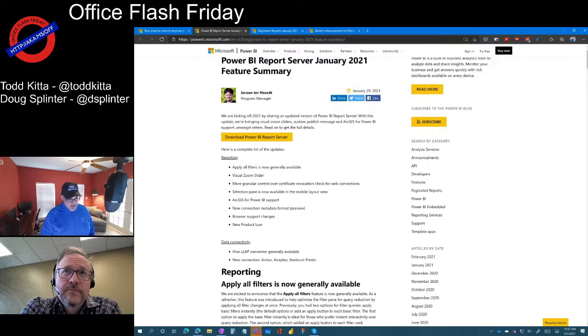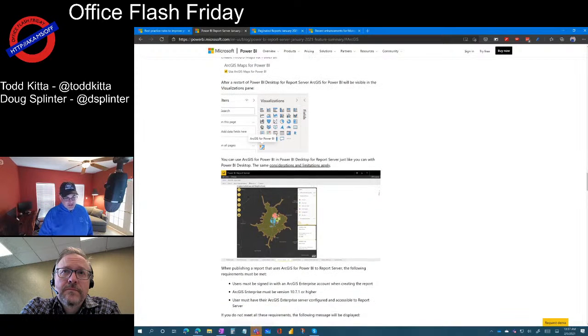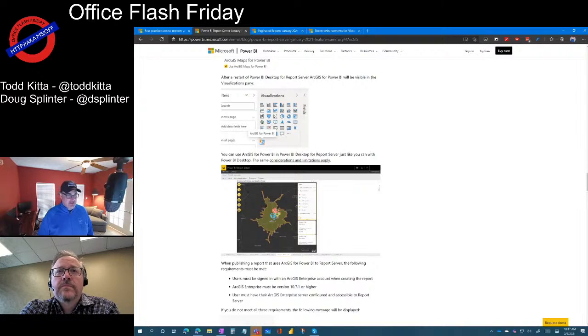But one of the great things, if you are doing any kind of GIS work, is the addition of ESRI ArcGIS in Power BI Report Server. So this is going to be huge for some people, I think. If you have to be on-prem and you need advanced GIS capabilities, here you go. This is really exciting, so check that out. I'm guessing a lot of you that are already on the release train have operationalized the every 4 month type of delivery, making it a little more palatable. So hopefully that's helpful for you.